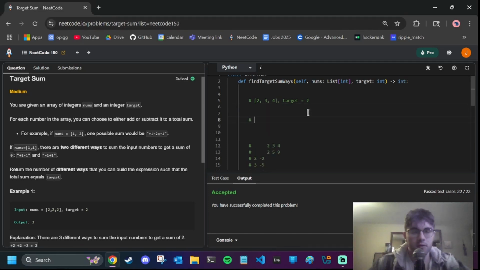I do like the idea of, so if we start with just the base case of 2, so let's say we have 2, 3, 4, and our target is 5. So this should be possible, because if these are positive, you can do this one negative. So with 2, well, I don't know. This first idea was interesting to me. It doesn't seem to cut down the time at all, but